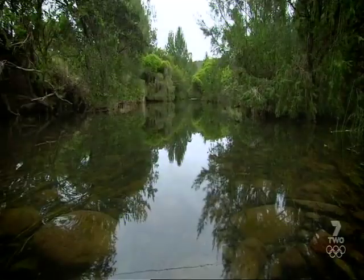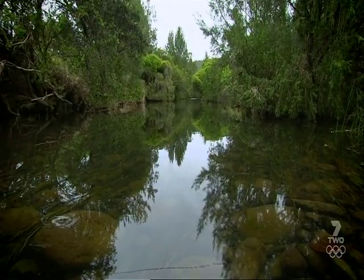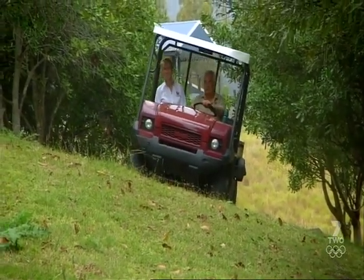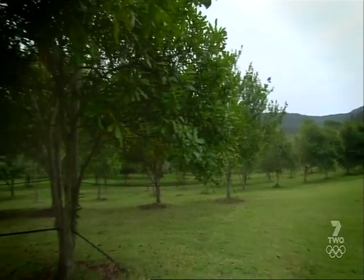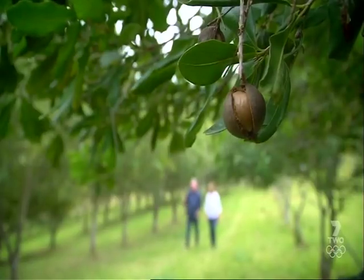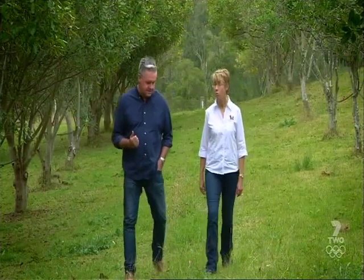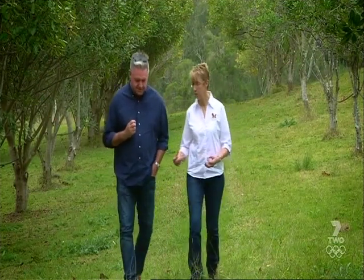Greenlee is set on a rich, fertile patch of land with Canungra Creek flowing through. Owners Robin and her hubby Paul planted around 500 macadamia trees about 20 years ago. So Robin, it must be lovely to live amongst all this greenery. Why macadamias? Well, we chose macadamias, I guess, because of our lifestyle, in that they can stay on the ground